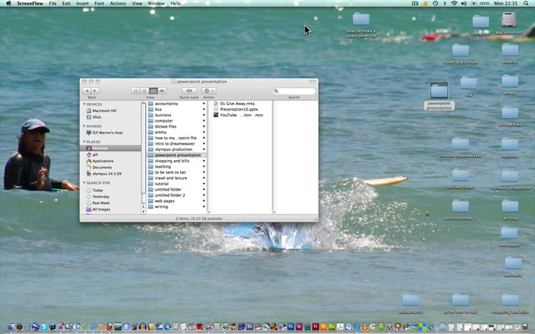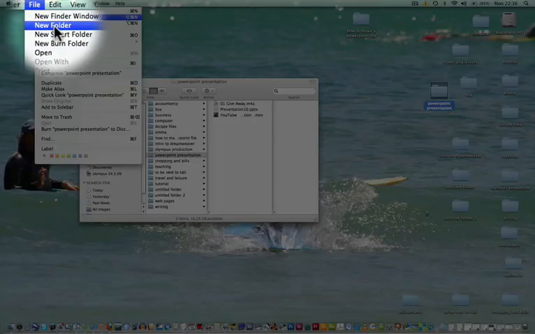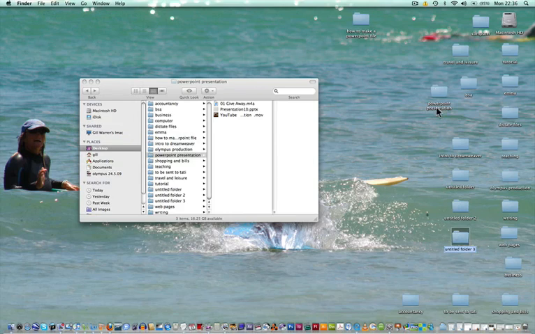Hello, today we're going to be looking at how to do a PowerPoint presentation. First thing that we actually need to do is to set up a new file. So just go File, New Folder, and in fact I've already set one up, but basically that's how you set